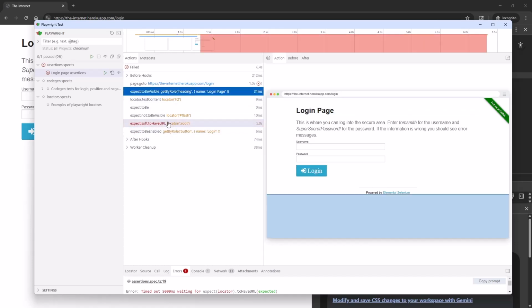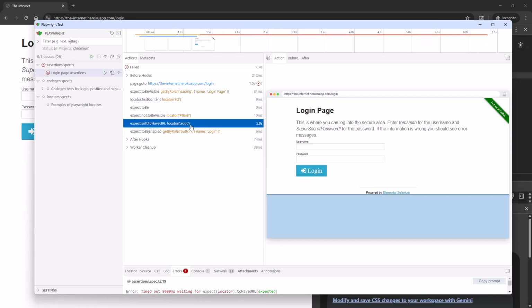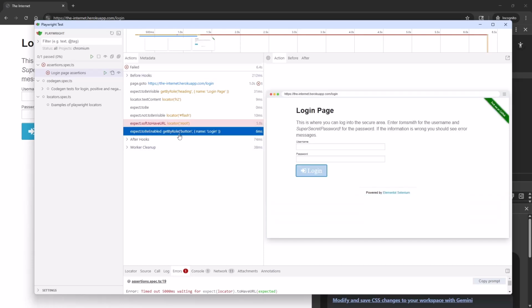So here is the assertion of the URL. It failed, you see it's in red. The whole test failed, but it still ran the test step after the URL verification